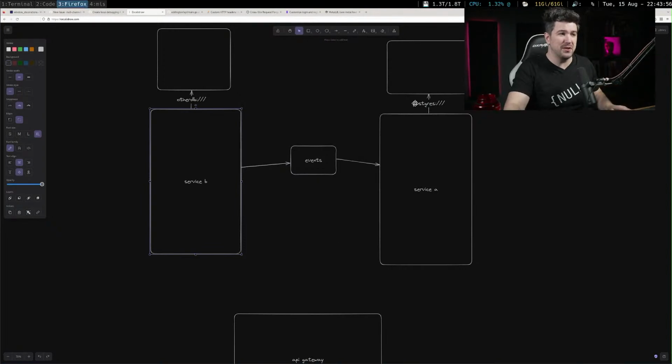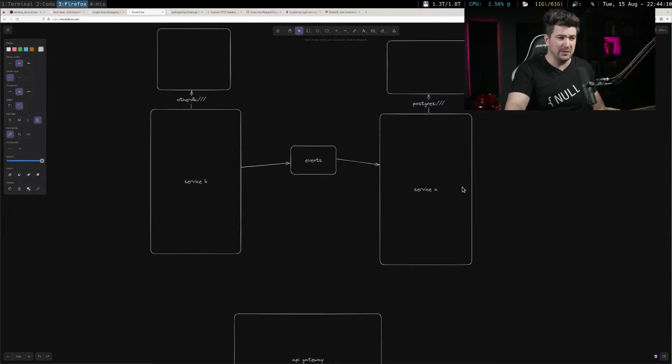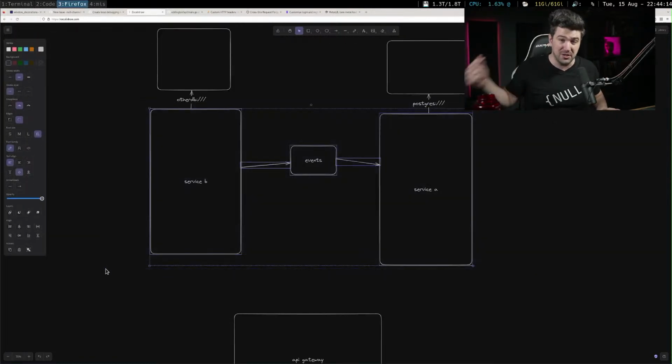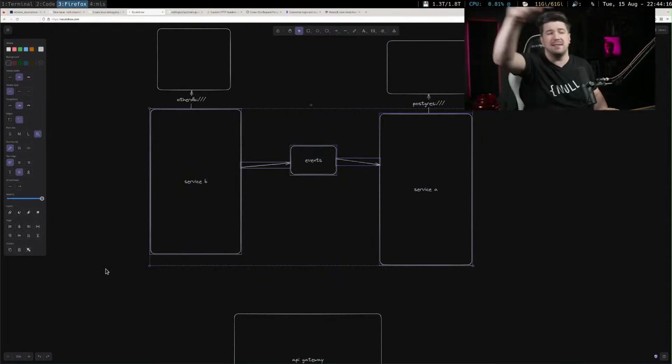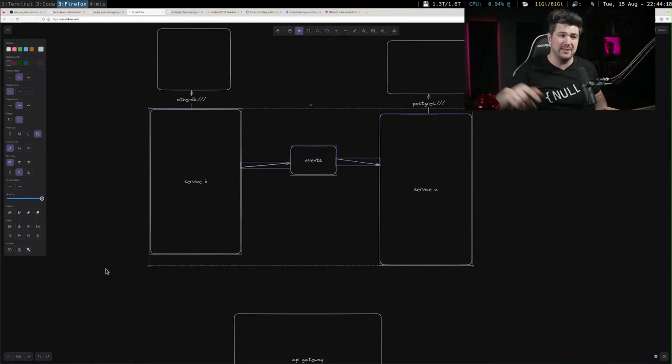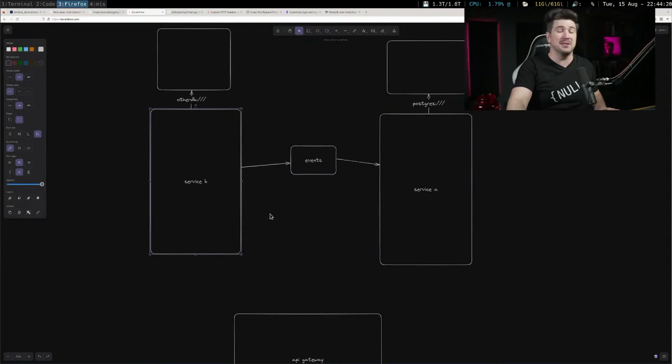If you configured a Postgres URL, it will automatically stand up Postgres at that URL for you, and configure the whole connection between the two. If you've configured a communication through events, it will automatically stand up the infrastructure for the events and configure your apps to communicate to each other for you.